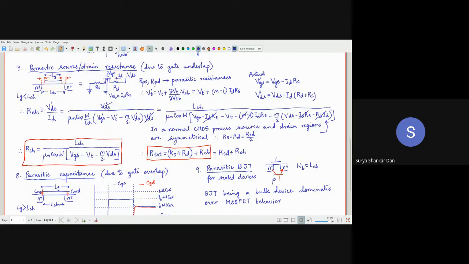What I mean by that is the channel will be formed underneath the gate, right? Here will be the channel. These two regions very close to the source-channel junction and the drain-channel junction, you are going to have some depletion region, but there is no channel. So what is the problem? There is no inversion layer. Inversion will happen only under the gate, right? So this region will be depletion regions. These depletion regions, this is 1, this is 2, will essentially give rise to two resistive paths, RS and RD.